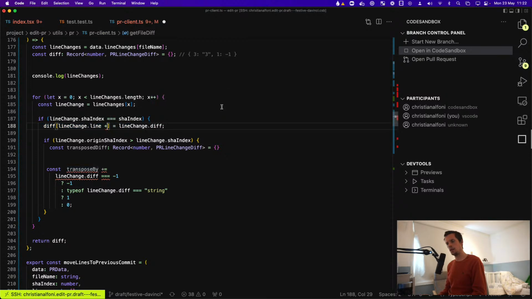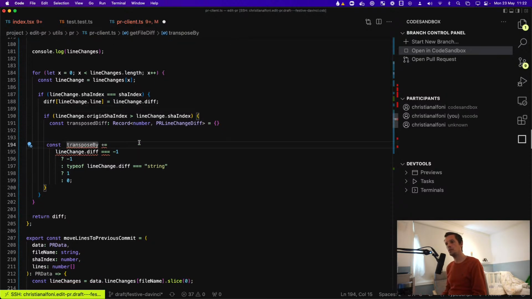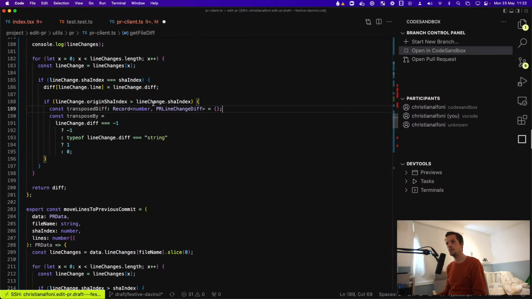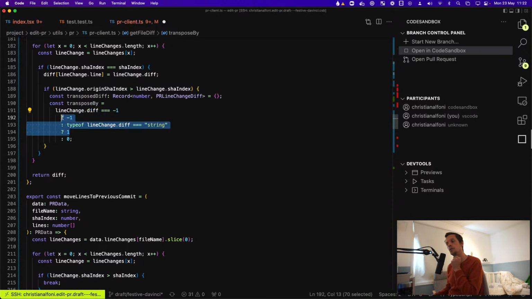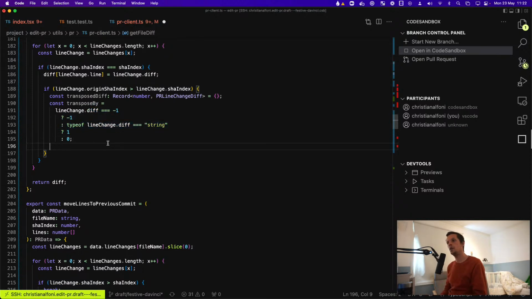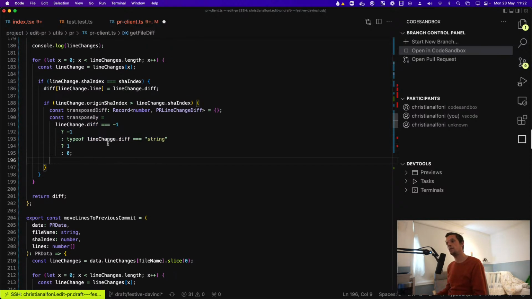Yeah, so we just add it. And then if it happens to be from a different commit, we create this transpose thing. How much should it transpose by? It should be minus if it's a removal, and it should be by 1 if it's an addition, which means that